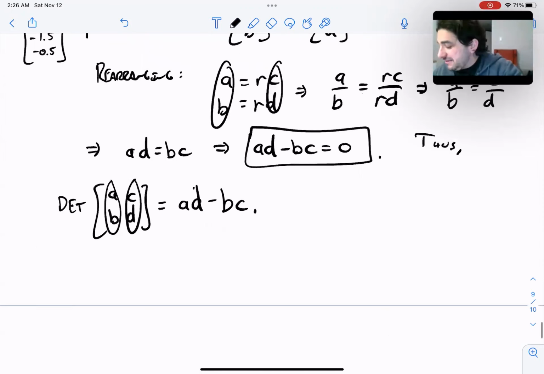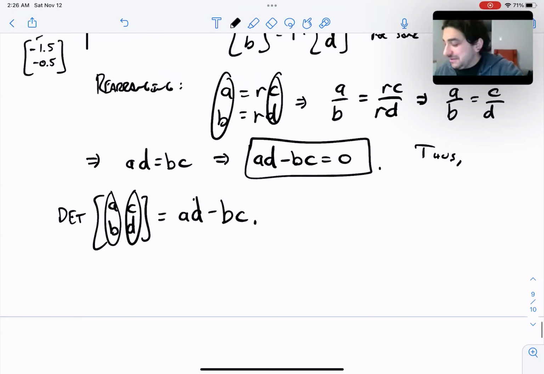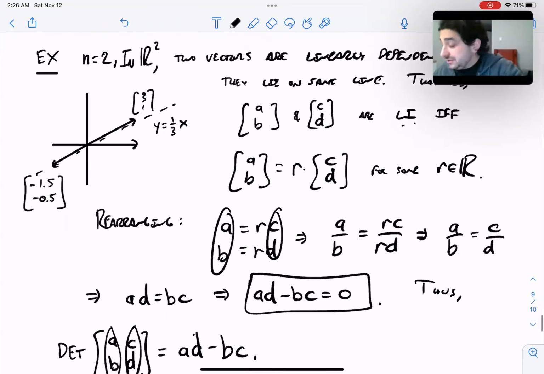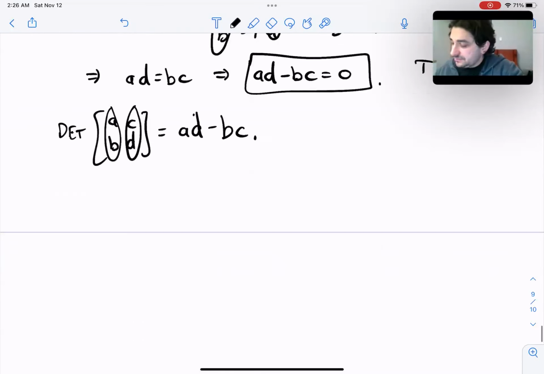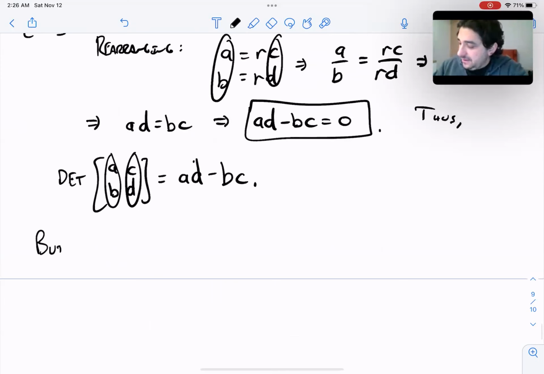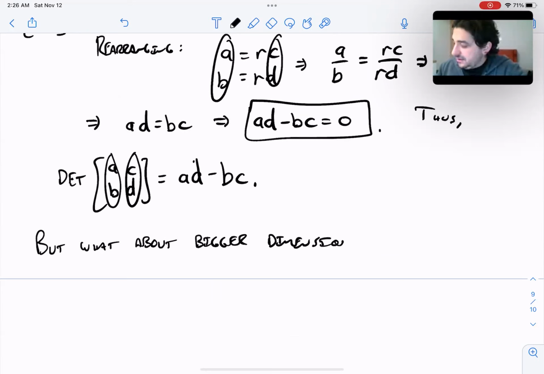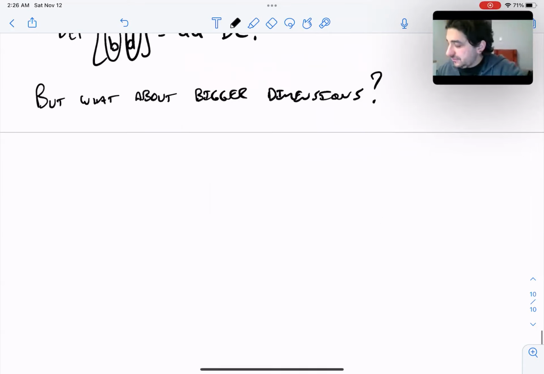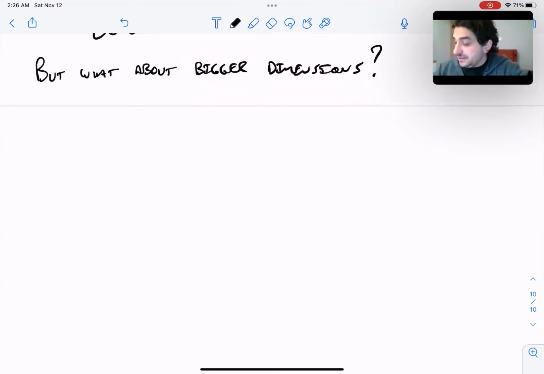What if you have, say, 3, right? What if you have 3 dimensions? Then what would you do? Well, there is something called cofactor expansion, right? And cofactor expansion is,